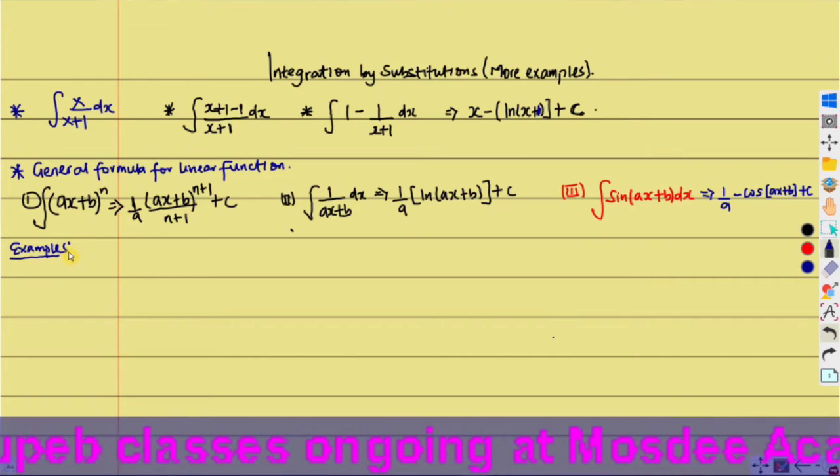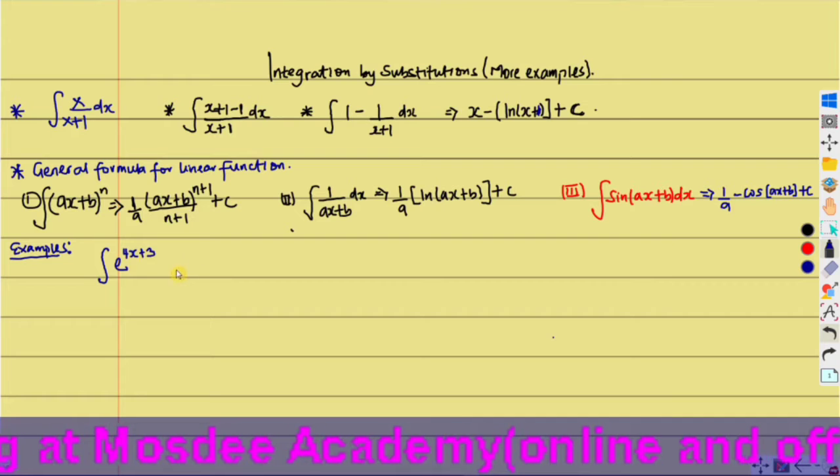To have a proper knowledge of our physics, that is why we are doing all this stuff. Now we have our integration of e to the power of 4x plus 3, as you already studied. Here, the answer to this directly will be, you study the coefficient. Remember I told you, this is having the x. That's the question. So to solve this one directly, if you don't want to use the substitution method, you can